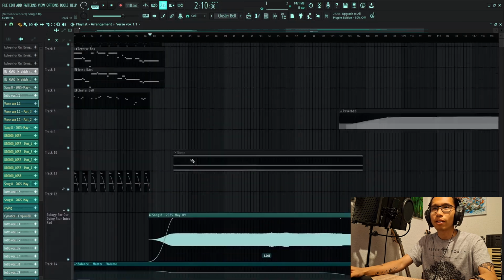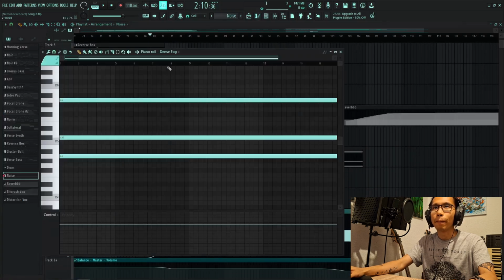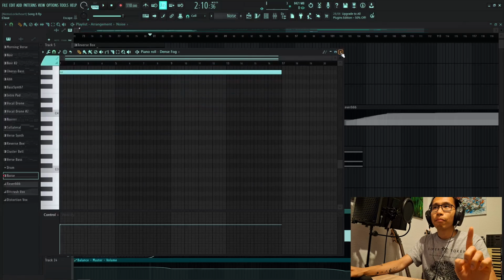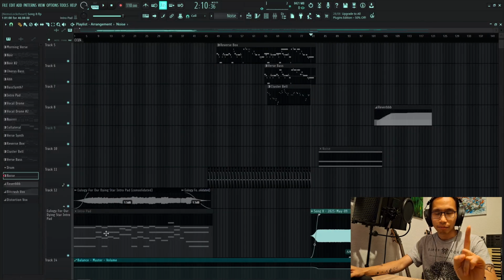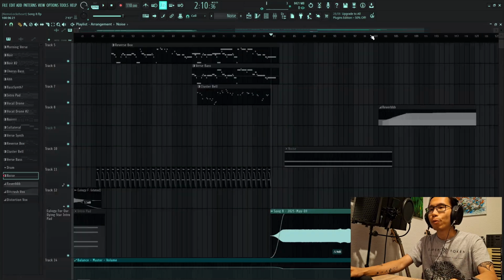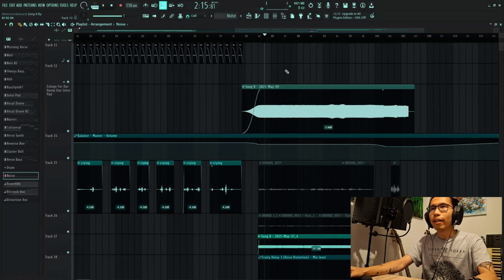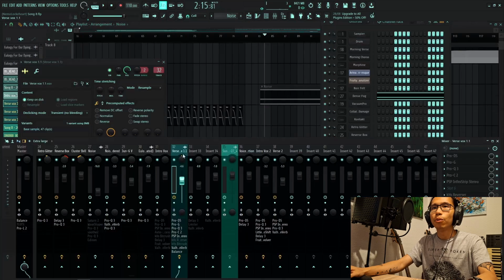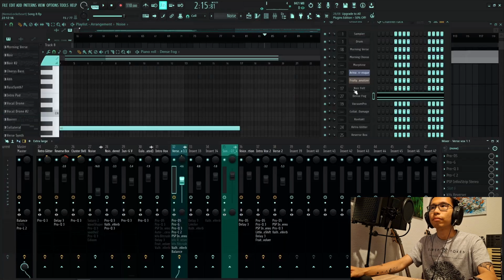So this one is also the same synthesizer as the beginning, with the same chord. Not chord progression, just a chord. And then what I did is I ran it through this thing. So what do we have here? We have a